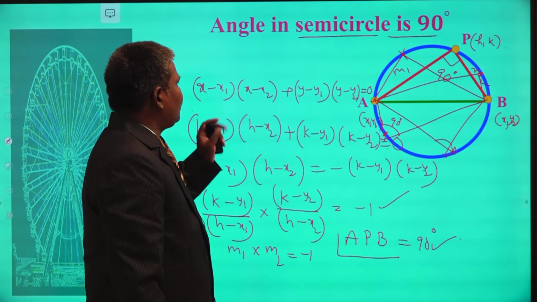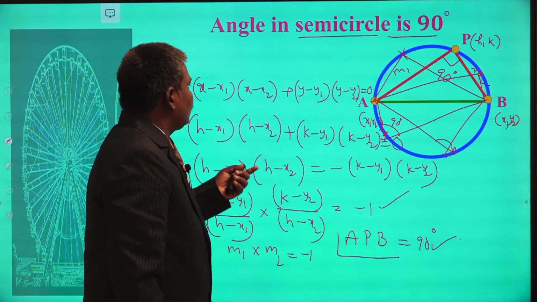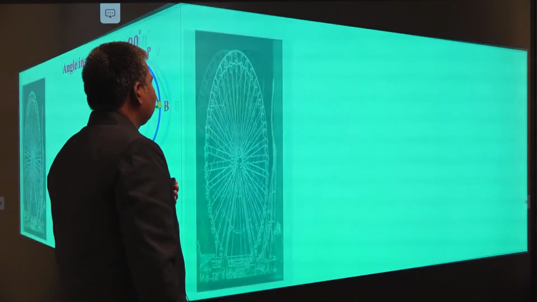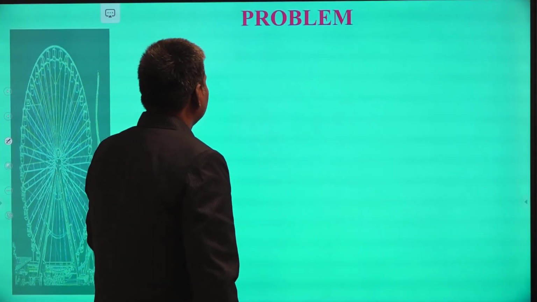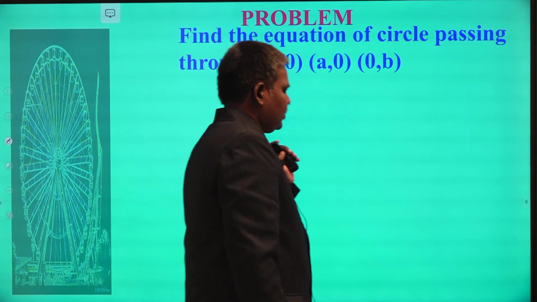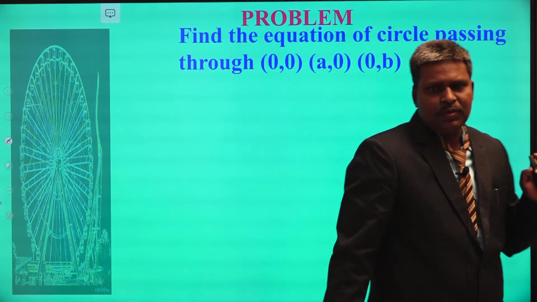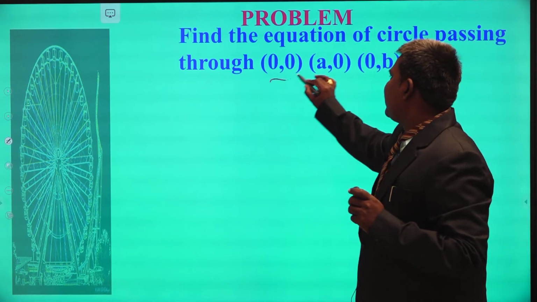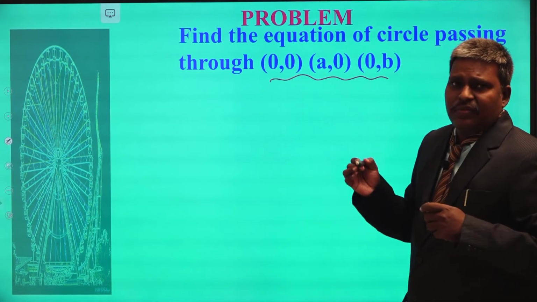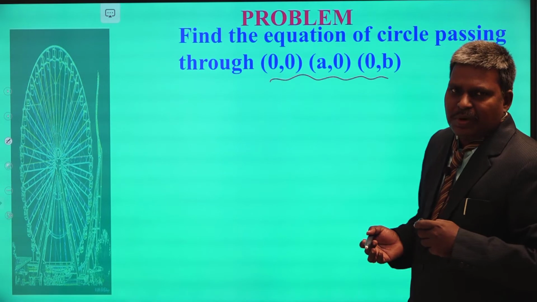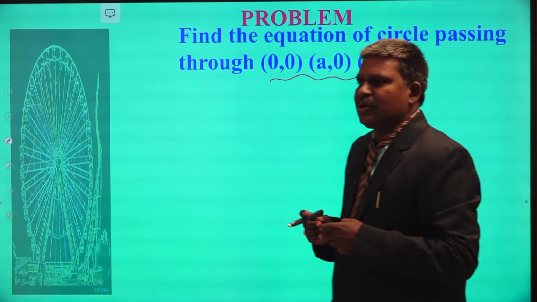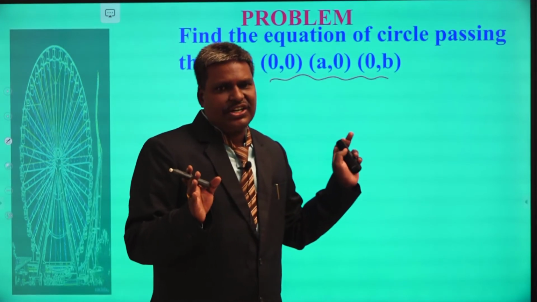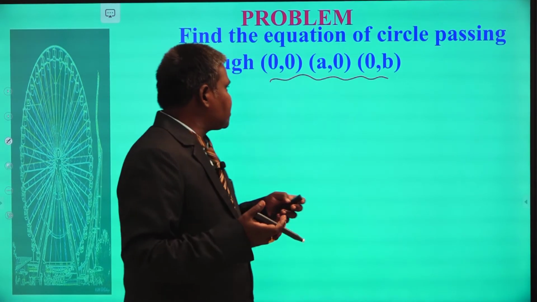With the help of this result, we can solve so many problems. Let us see one problem related to this one. This is the problem, a simple question: find the equation of the circle passing through 3 points. Without knowing the above logic, you can solve the problem by taking S = 0 as the required equation of the circle and substituting the 3 points. We get the conditions, solve them, and get the equation of the circle.